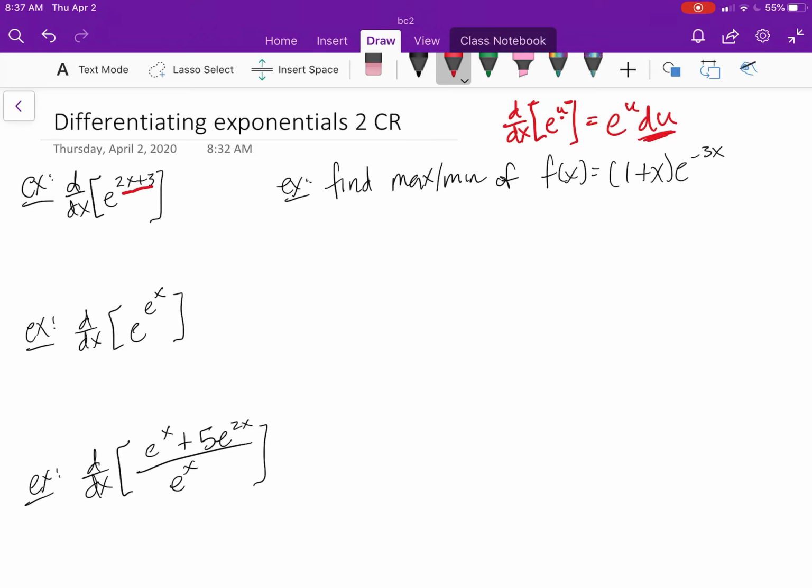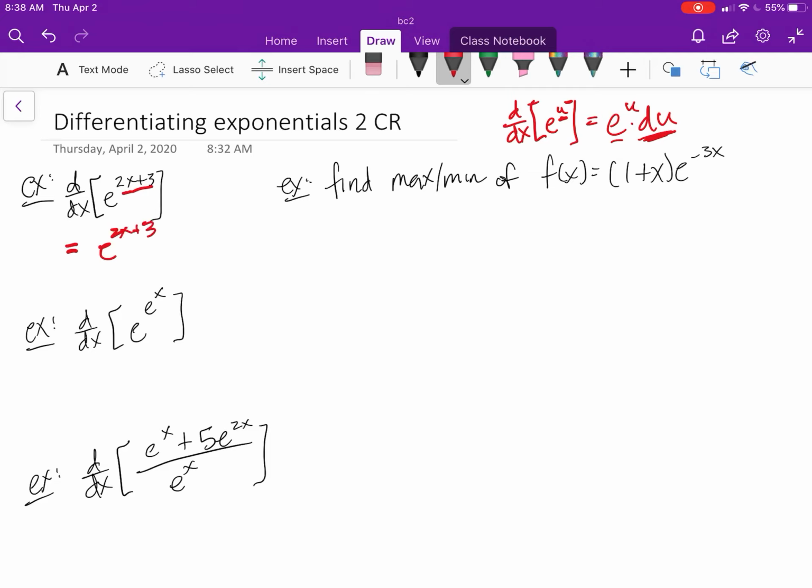Okay, e^u du. What does that mean? The derivative of u, right? And it's technically with respect to x, e^u du over dx, but that's okay. This is simply used to memorize e^u du. That says take the derivative of that exponent and then multiply it by the original. Let's look at an example and make this make better sense, right? e^u du. So e^u, that means this stays the same, e to the 2x plus 3,